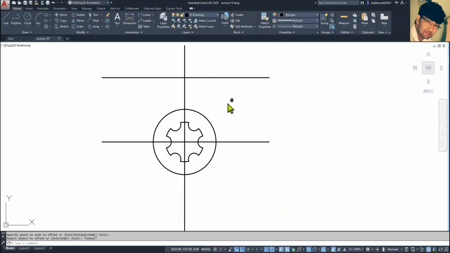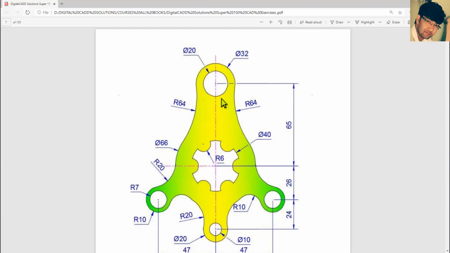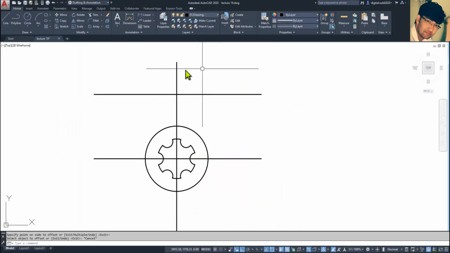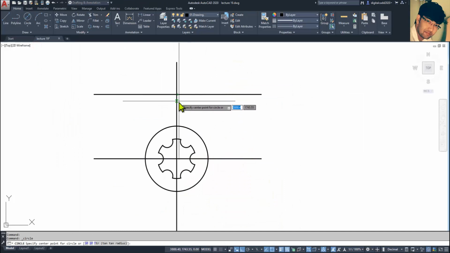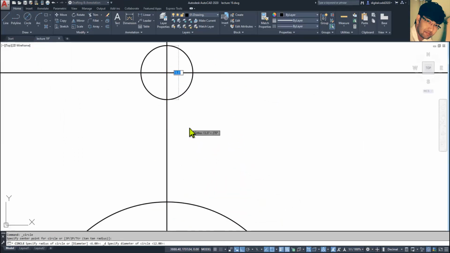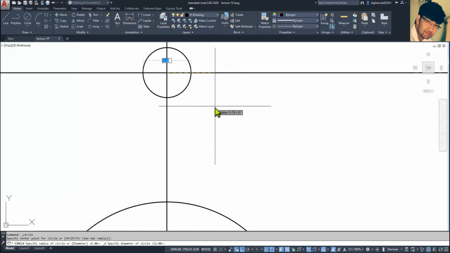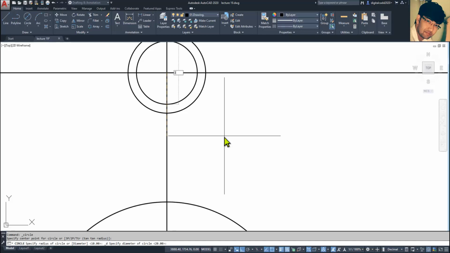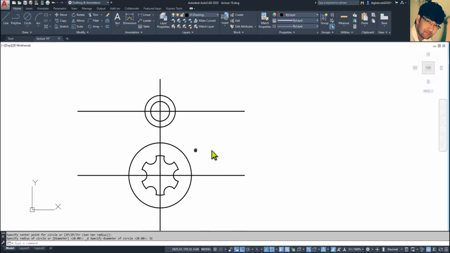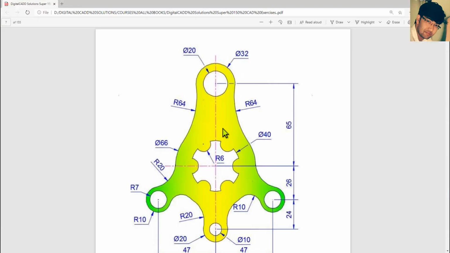Now create 2 circles of diameter 20 and 32. Here you can see center diameter, this is your intersection point. Diameter is 20. Again the same circle, 32. That's all, we have done it.